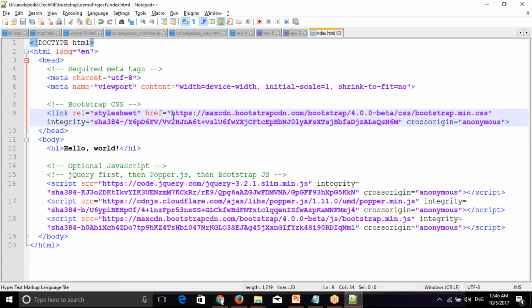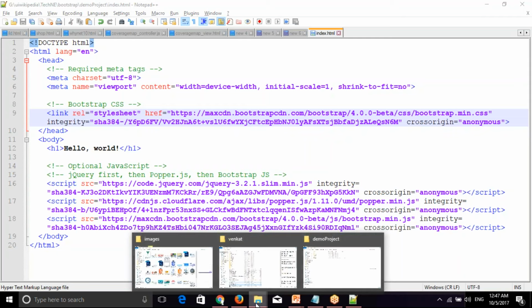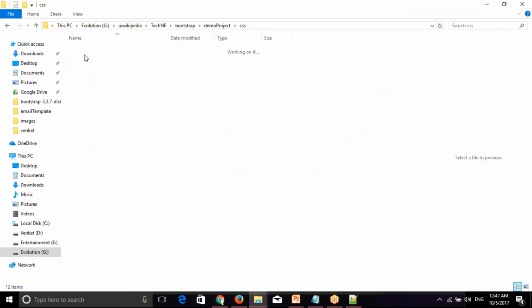So that's why I'll give my local path. You may get one question: why can't we use local with the CDN? Of course you can use it, but the concern is here. Whenever you want to use a CDN, it's mandatory to have internet, because it will go through the World Wide Web and get the file to be loaded into our browser. But if you don't have internet access or your internet is slow, the CDN link will take more time to get a response. So in a local setup, we recommend going with our local files.